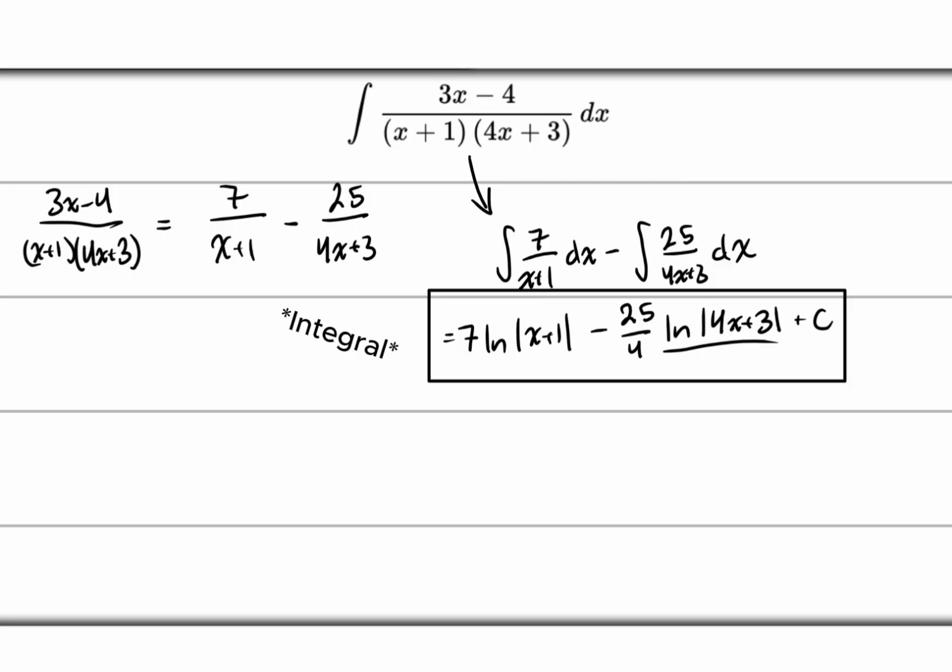The integral of this complicated looking fraction here is 7 times the natural log of the absolute value of x + 1 minus 25 over 4 times the natural log of the absolute value of 4x + 3